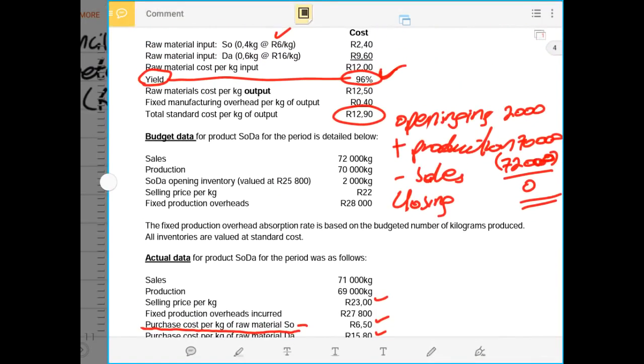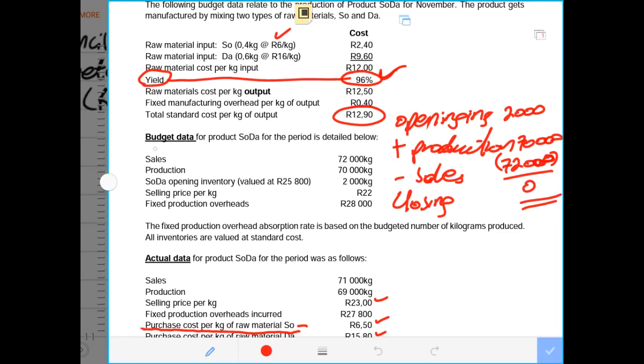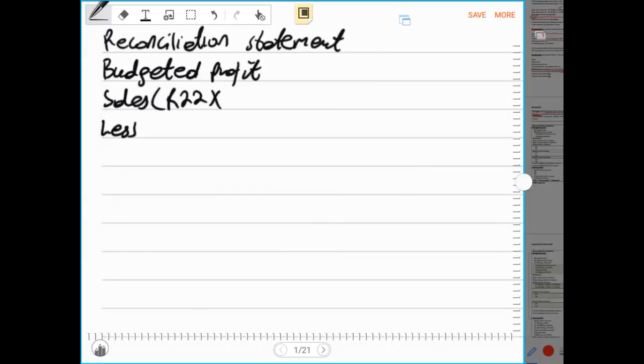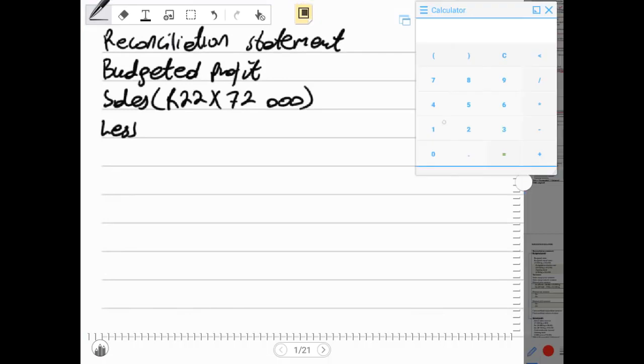We need now to go to the budgeted information because we are doing the budgeted profit. Our sales were budgeted to be 72,000 and the selling price per unit is 22 rand. We multiply those two, that will give us our budgeted selling price. So we multiply 72,000 kgs or 72,000 units